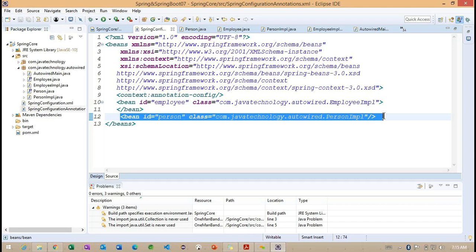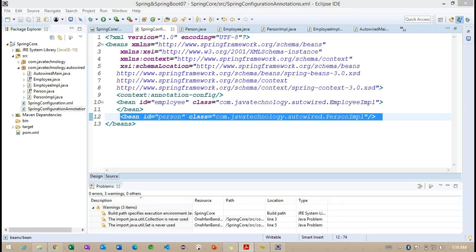Getting the point? So this is very important here. Using this particular autowire, we are not going to create any object of these particular beans here. We are just specifying whatever objects we created here. So while calling this particular setter method or constructor, we are going to set those values here. So this section is very important.